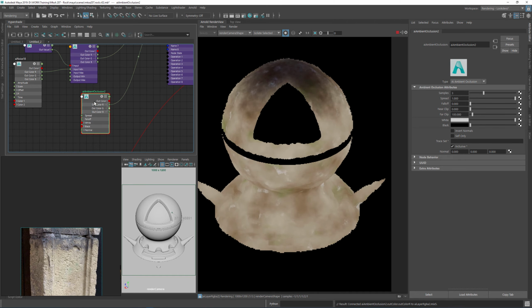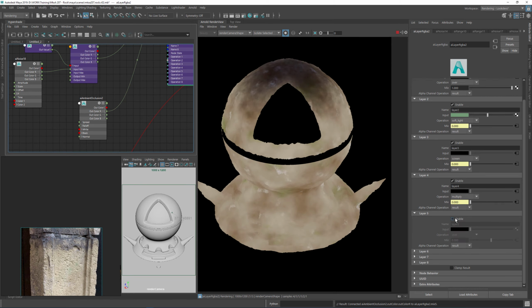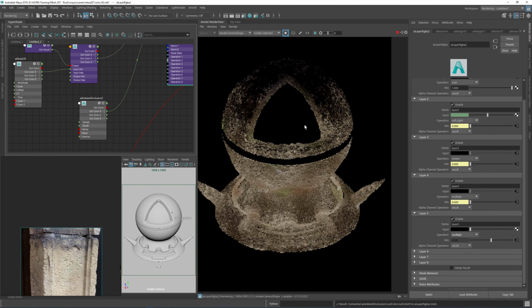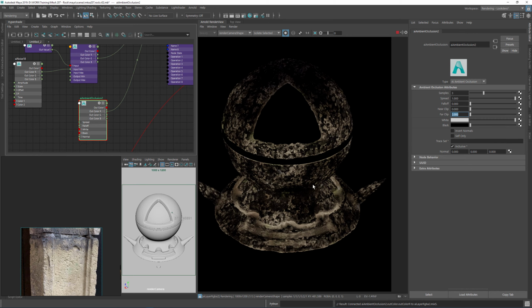I just want to enable this layer 5, make sure it's on, and make sure our mode is multiply, and we want to multiply with black. Now we just need to adjust the occlusion. Right now it's a far clip of 100. We just want to reduce that to maybe a unit of 2,